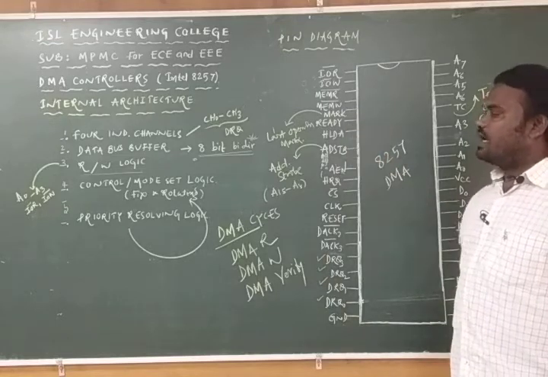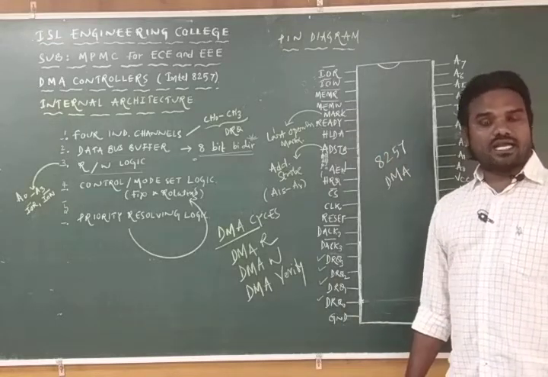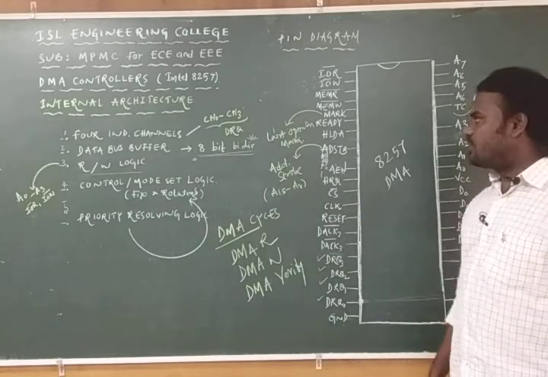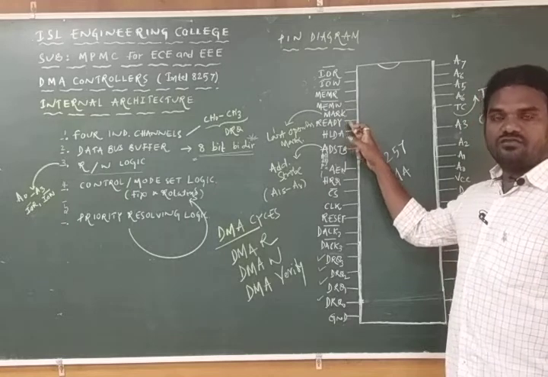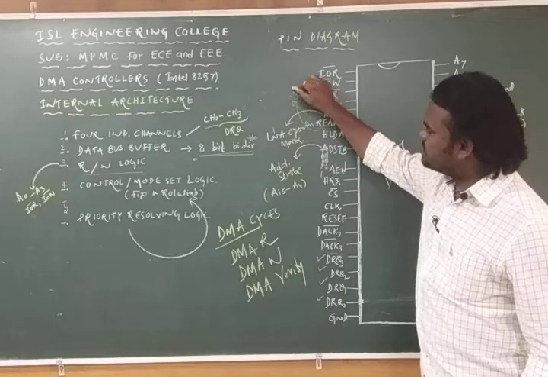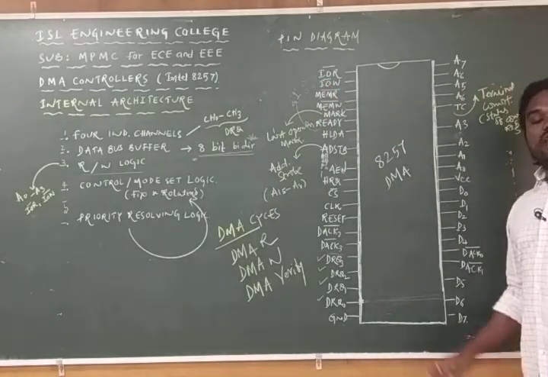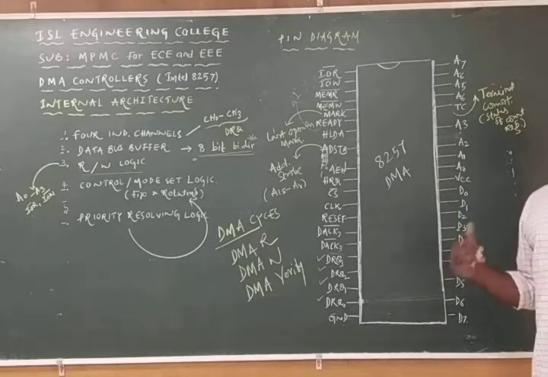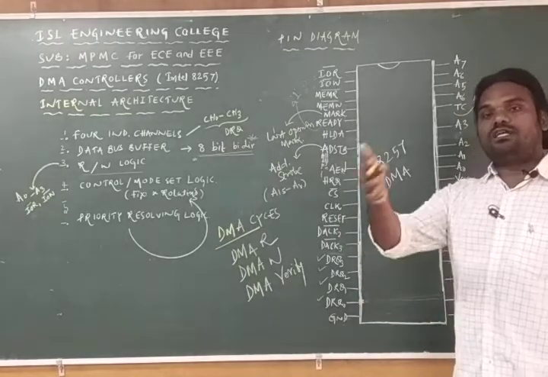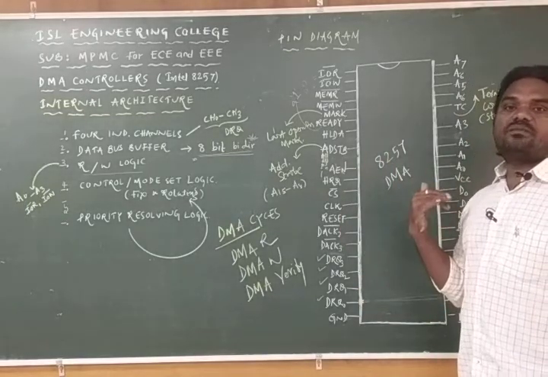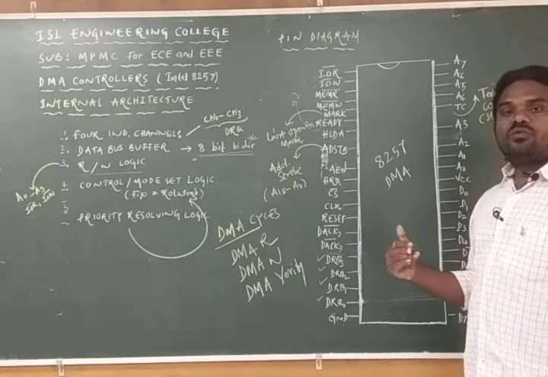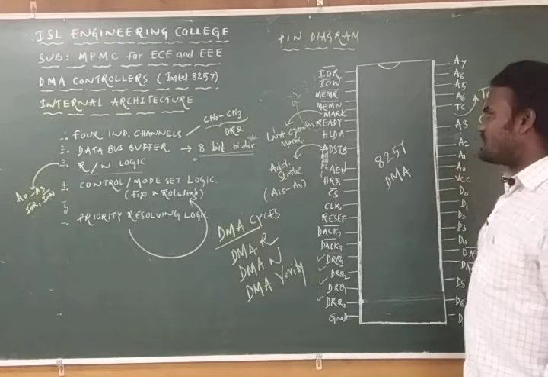And the next one is the ready pin. Whenever it is going to start accessing of data by making use of the input output devices, this is going to give an active high signal, which is nothing but 1. That means whenever this is indicating 1, we should understand that the 8257 is ready to perform the function. It is going to request the 8086 microprocessor so that it borrows the system bus, so that the system bus is given to the input output devices. By that, input output devices are directly going to access the memory location.